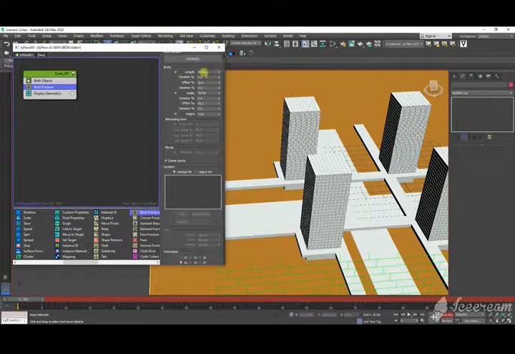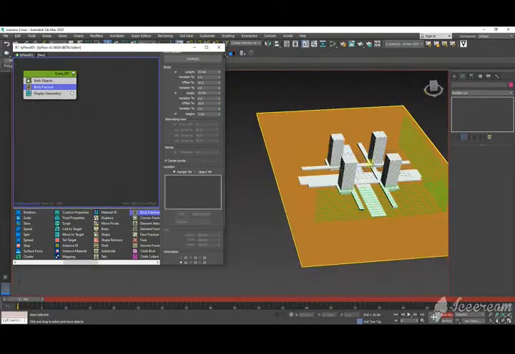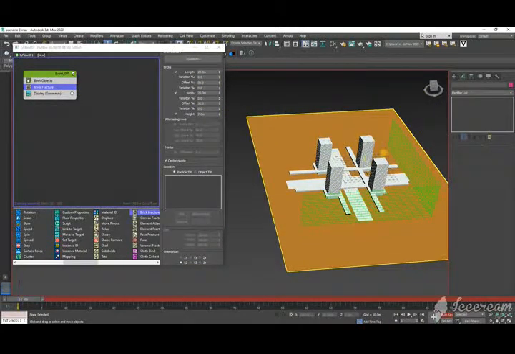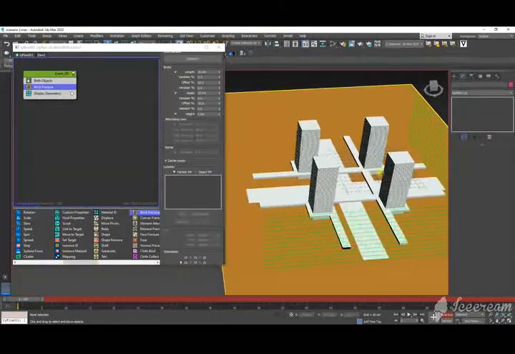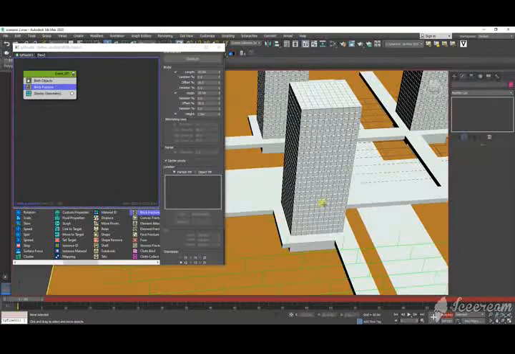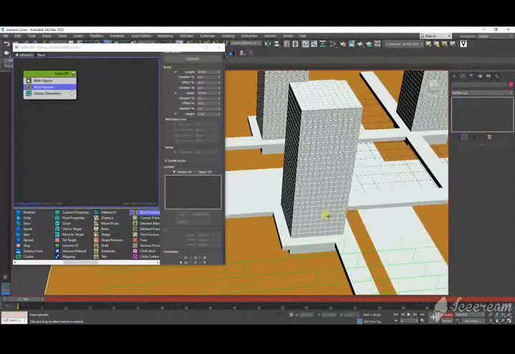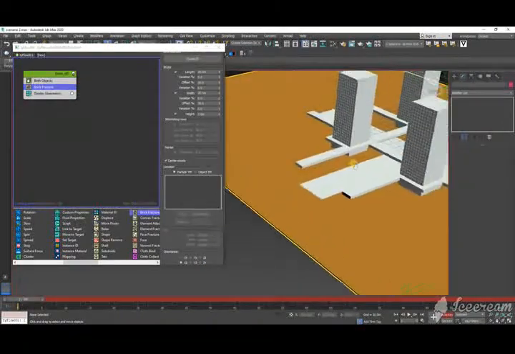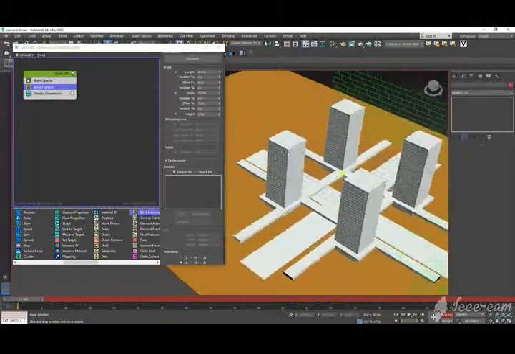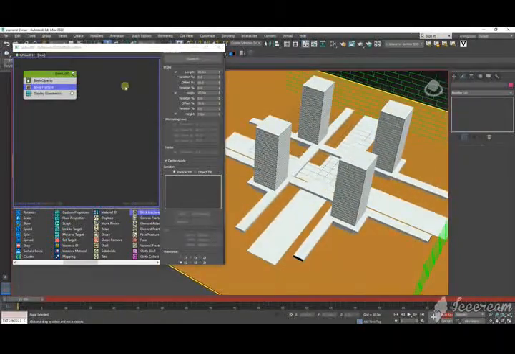But now what we want to achieve is for this entire model to fracture into small pieces. What we want to achieve is the smallest pieces we can fracture this model into,